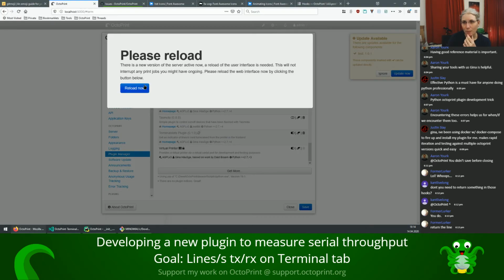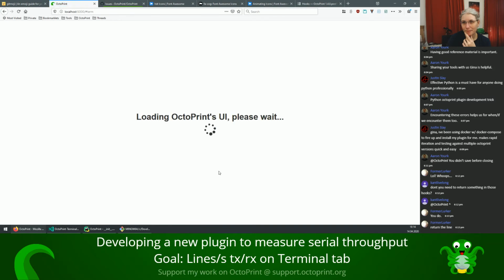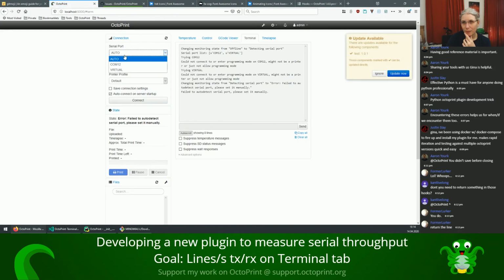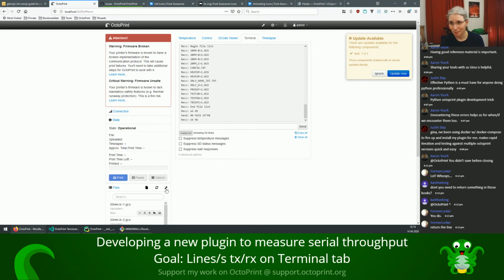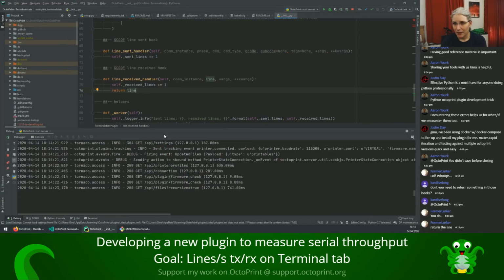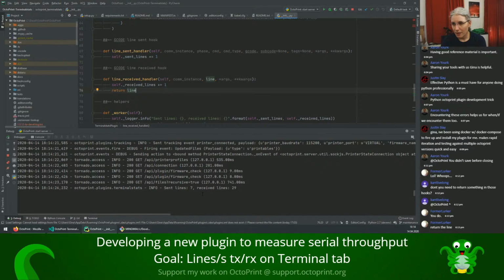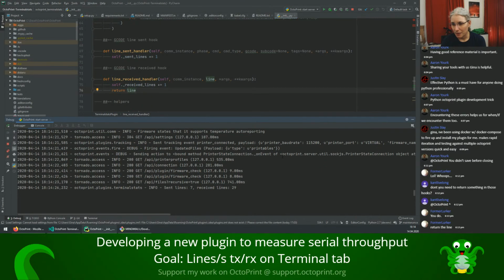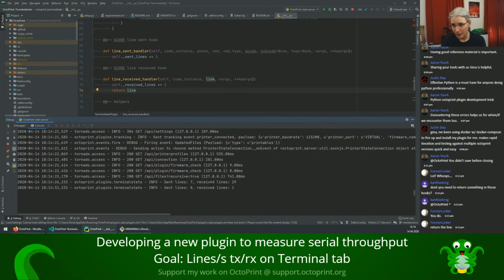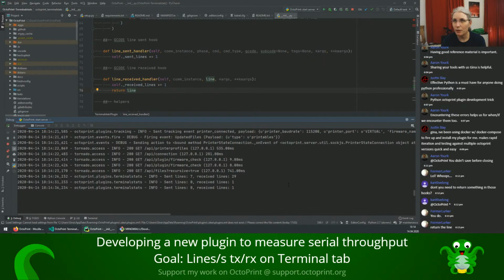Okay, so reload. Virtual connect. That looks way better. And then hopefully we'll also see send lines 7, received lines 29. And this hopefully 5 seconds later roughly. That looks like it's working,